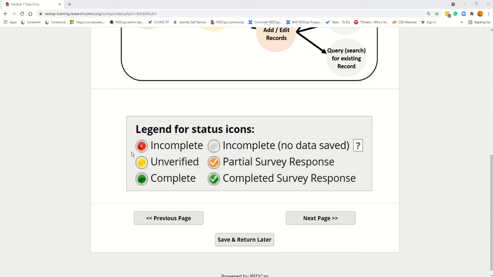Now, you get to decide when you're going to change it from incomplete to unverified or complete, and you get to decide what unverified means for you and your project. And then complete, you get to decide when something is considered complete and you wouldn't want to do it anymore. Now, the difference is for these other two here, for this orange check mark and this green check mark,